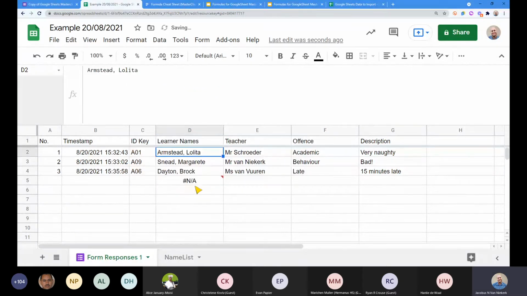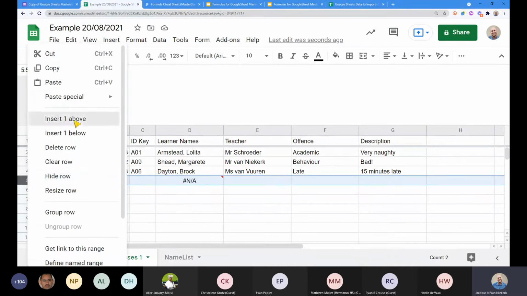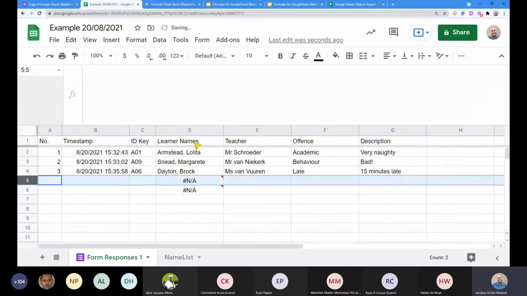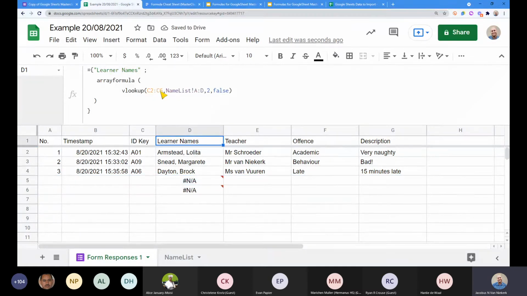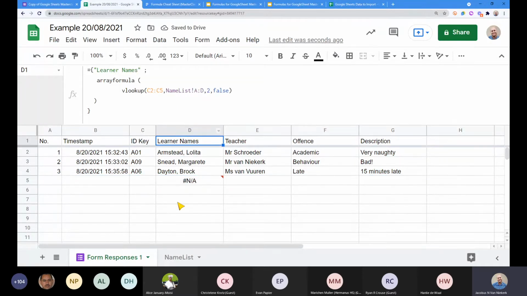The reason why we do that, and now you're going to see how that error pops up, is, remember, Google Sheets will go and insert a new row. So if we go and insert one above, the formula automatically expands to accommodate the extra stuff that's been inserted. So it just works better that you're not running formulas unnecessarily. It runs up to the last entry that you've got plus 1.